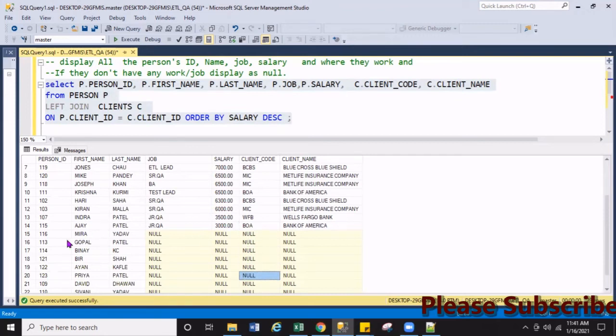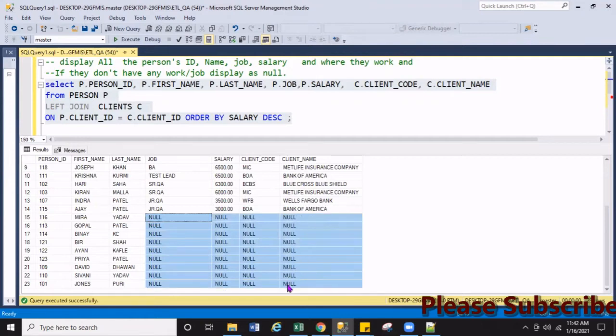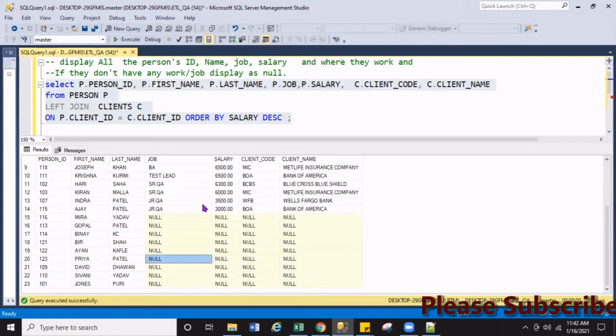If you see here, about 8 or 9 people from 16 onward don't have any job. So that's why I told that if they don't have any job, display their job and salary and client and all the detail as null, which is displayed that way, right?